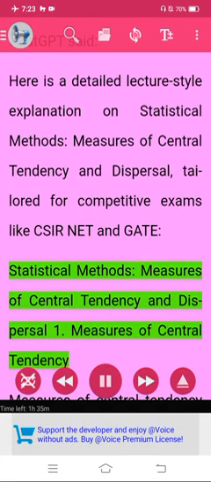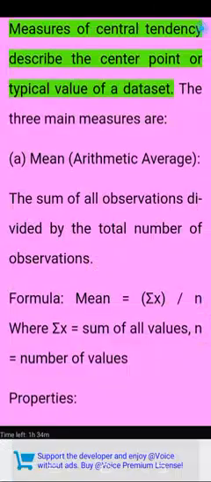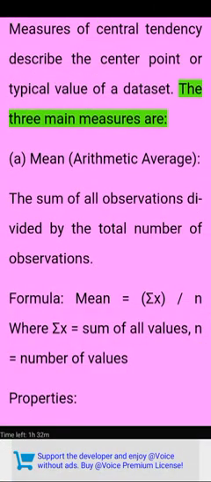Statistical methods. Measures of central tendency and dispersal. 1. Measures of central tendency. Measures of central tendency describe the center point or typical value of a dataset. The three main measures are: